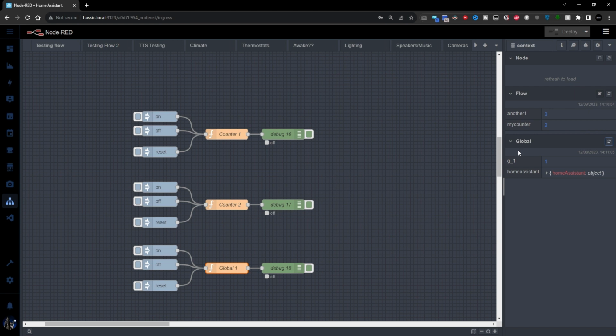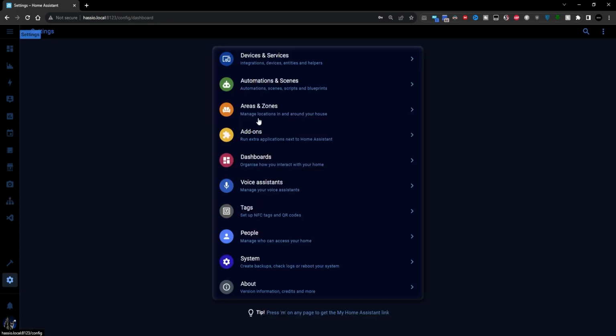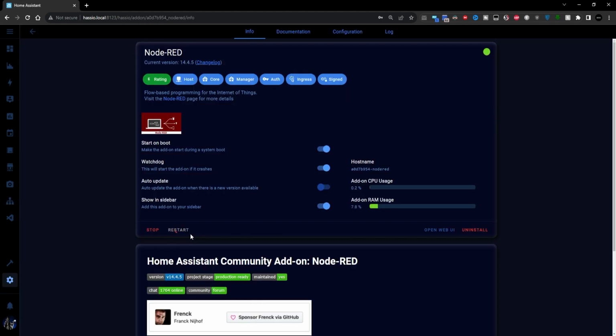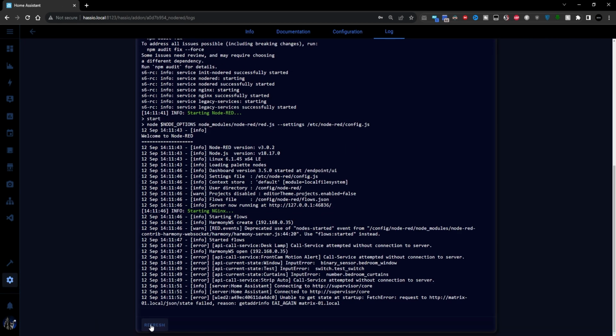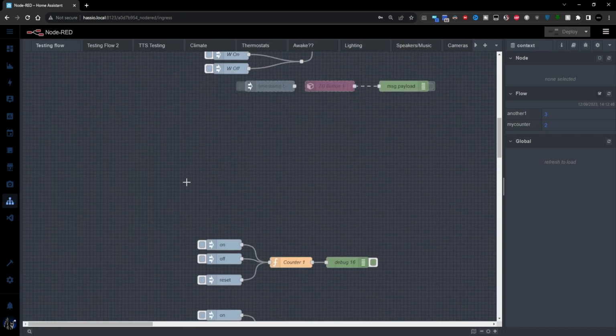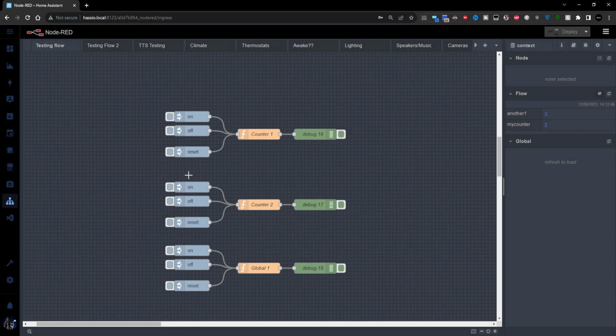So let's restart Node-RED once again for a demonstration to see if those variables stick this time. So we're just going to quickly go back, but we're going to do another. Let's look at the logs during the time lapse. Okay, that should have started by now. So we'll load it up, we'll scroll down to our demonstrations. And if we look again, we can see that we've got our 2 flows. And if we look at the global, we've got our globals, and it's kept all the values of the variables. So there you go, local and global variables, and saving them to the file system so they survive a reset.